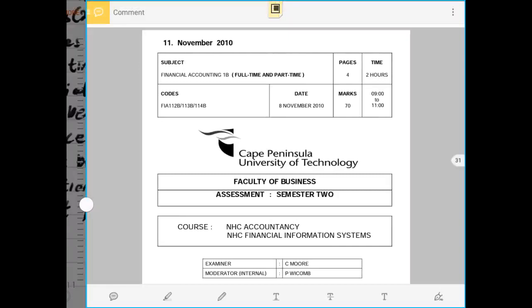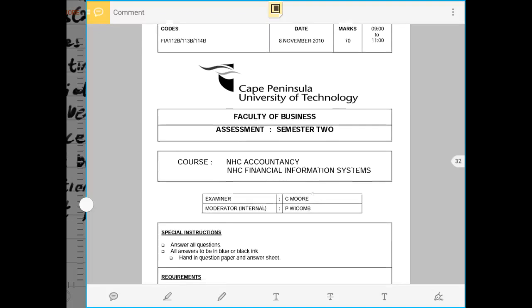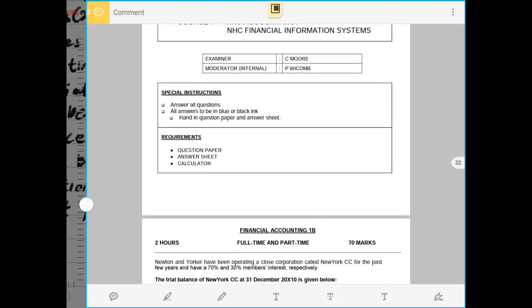Good day, students. I will be doing the 2010 question paper, and it's for November 2010. I'm starting with question 1. I will only do question 1, which is the close corporation question of the question paper, and it was out of